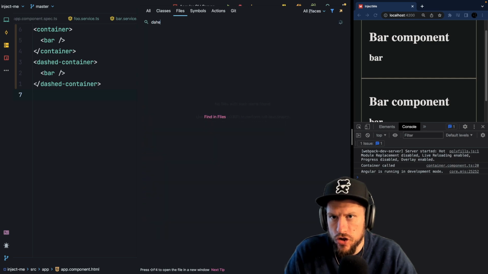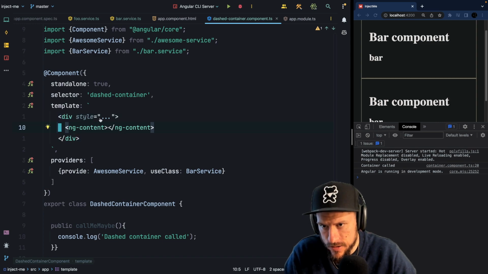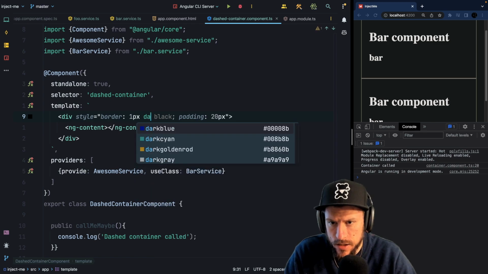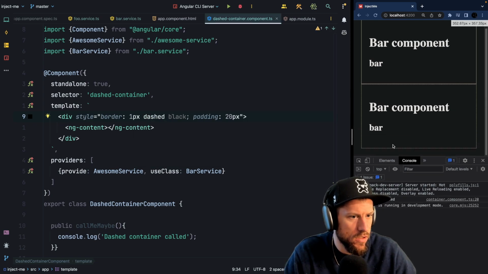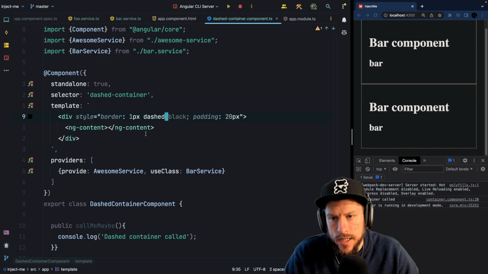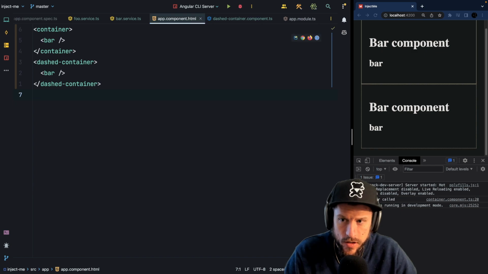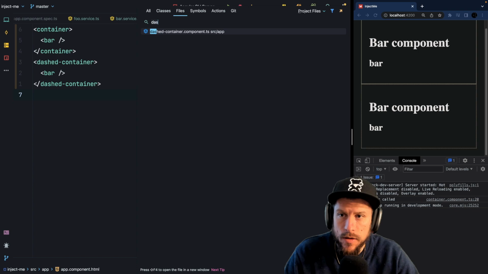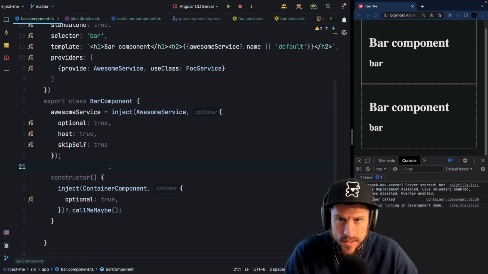for the dash, we should probably adjust the style, which IDE hides. Solid. Is that dashed? Yeah. So the second one is our dashed container. And now container called, but only once. Dashed container is never called, even though the method is call me maybe. So bar is now at this moment hyper optimized to work inside